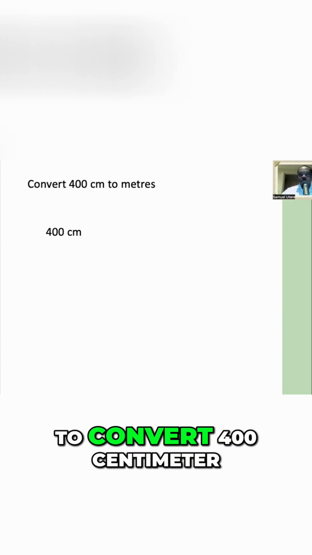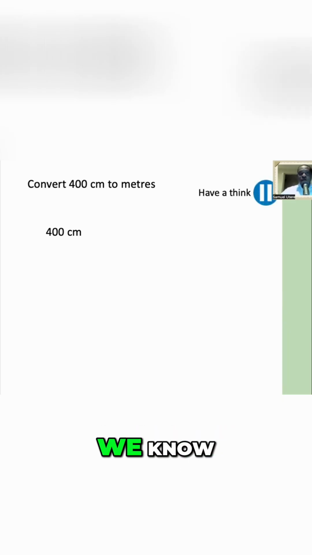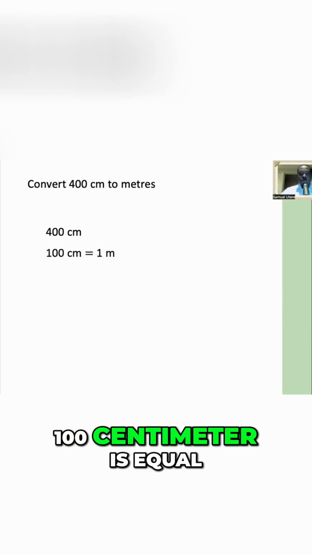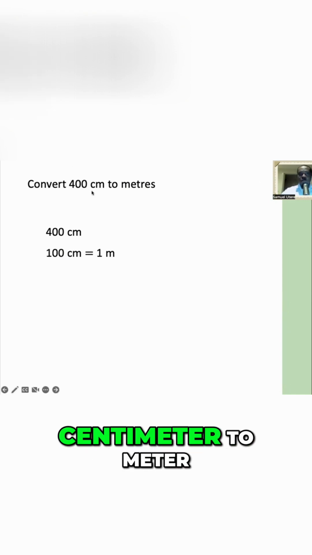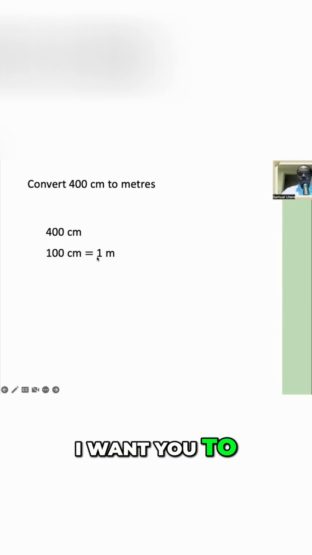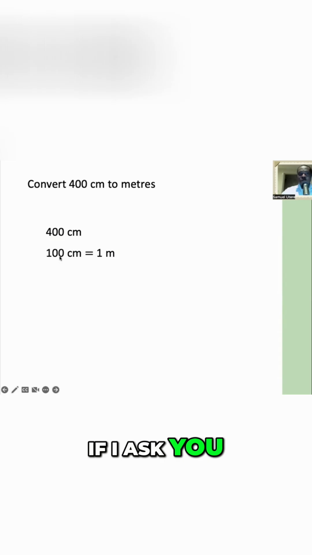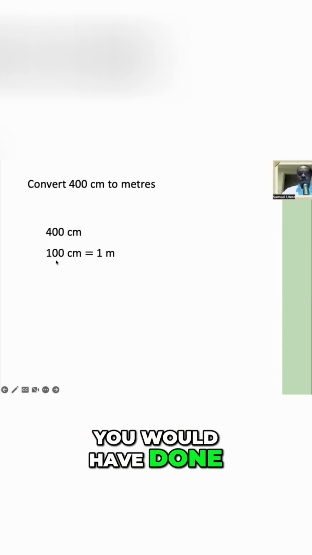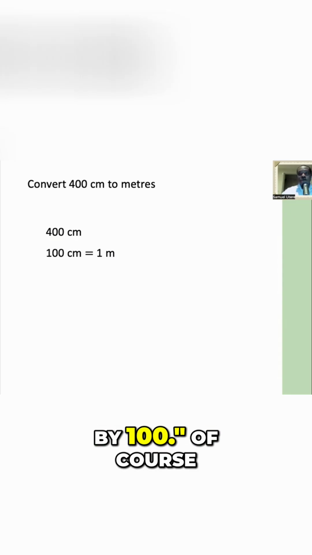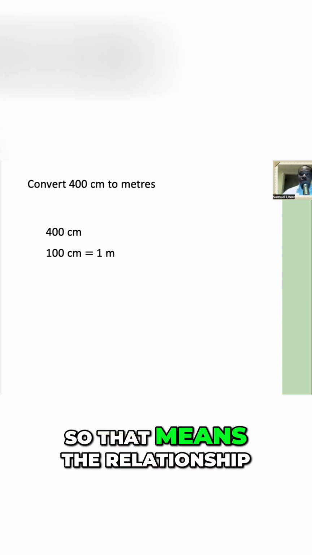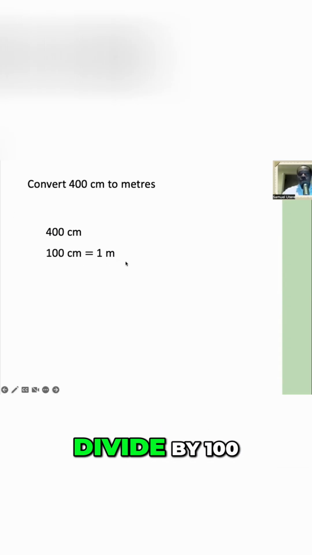So if we are asked to convert 400 centimeter to meters, first we're going to write the facts that we know. So we'll write, 100 centimeter is equal to a meter. Now take note, we want to convert centimeter to meter. I want you to look at this relationship between centimeter and meter. If I ask you to think about what you would have done to 100 to get to 1, you would say, I simply just divided by 100. Of course, you're right. So that means the relationship to go from centimeter to meter is to divide by 100,